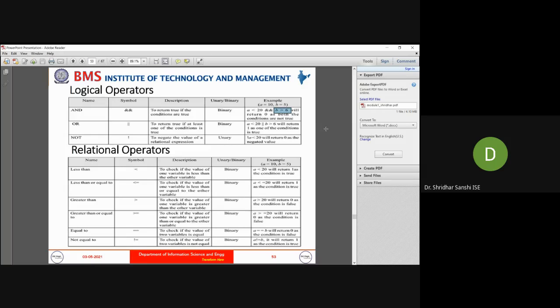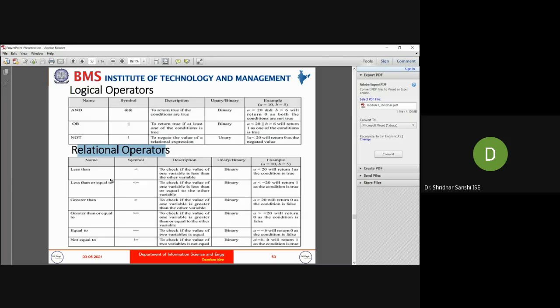Otherwise, I will return false. For OR, if one of the conditions is true, I will return true. Otherwise, I will return false. And the not symbol is used for negating the result. That is, if the value is true, I'm returning false. If it is false, I'm returning true. Okay, so these are the logical operators.